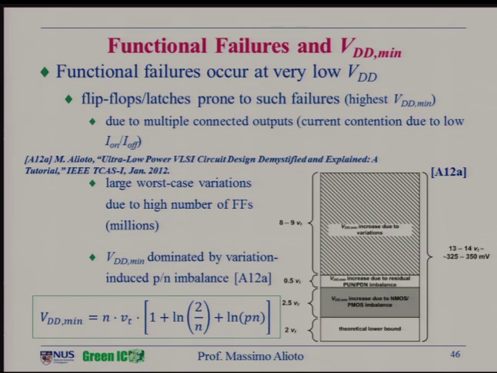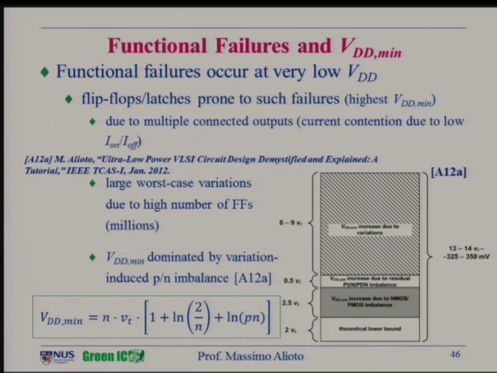Well, we should also say that when we operate at ultra-low voltages, not only do we have large variations in performance and energy, we also experience functional failures. So some of the circuits might not switch correctly. That's why we typically introduce VDD min, or Vmin, as the minimum voltage below which some circuit starts not